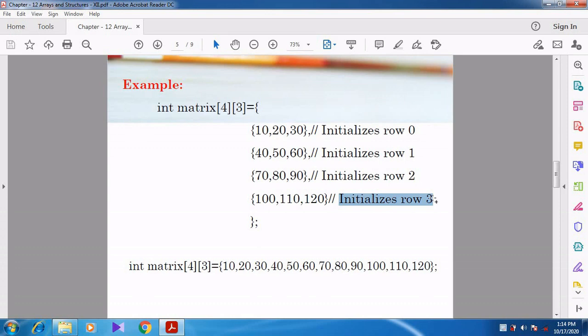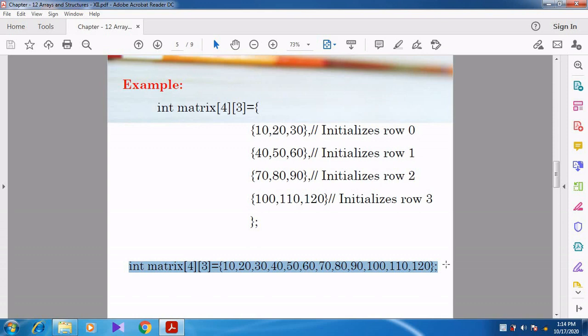You can give in this manner, or else you can simply give the values. int matrix[4][3] equal to, all the elements can be given in a continuous manner. You need not separate them. This form will be easier, so there will be no confusion at all. The compiler allocates the values to the two-dimensional array automatically.